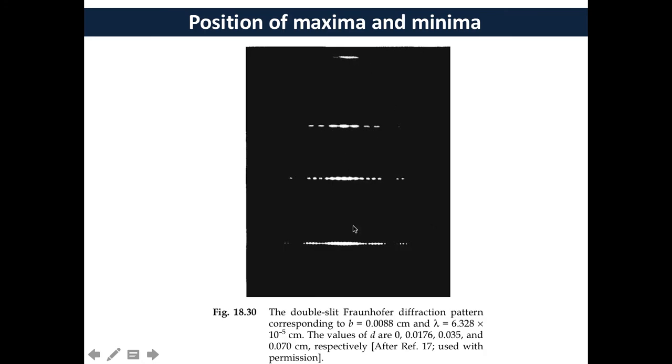So here the D is 0.016176. If you increase the D to 0.035 and 0.070, the number of minima and maxima are increased. Here these are all double slit diffraction patterns. Just increase the distance between the two slits, but at the same time the width of the slits is the same. You can understand this